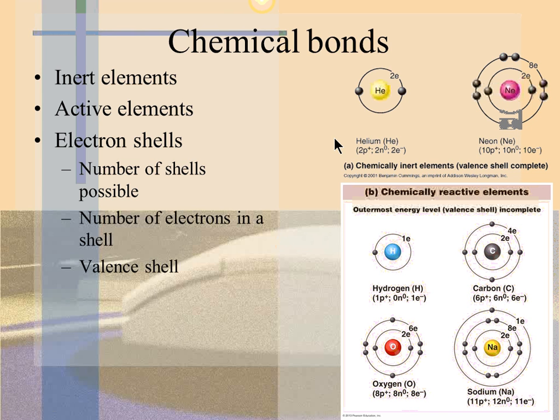Examples of inert elements are called noble gases. These are helium and neon. And you'll see why they are inert in a few minutes. Most other elements are reactive elements. So we call them active elements. They're chemically reactive or chemically active elements. And the reason they are able to react with other